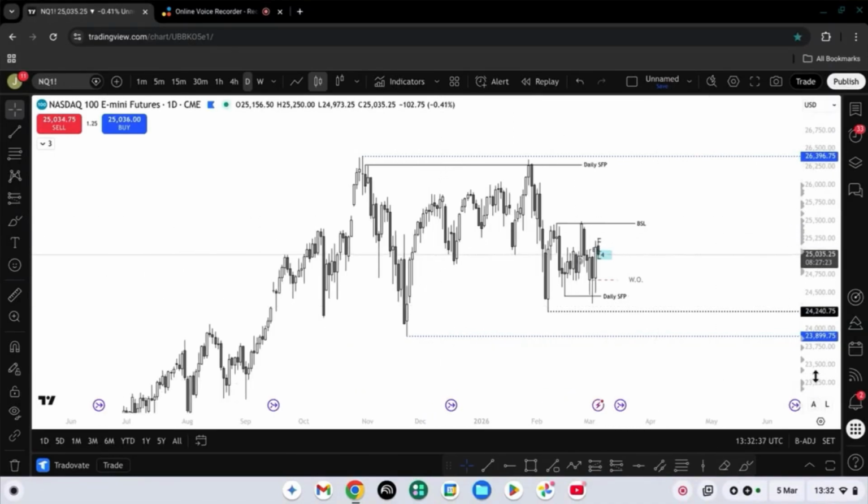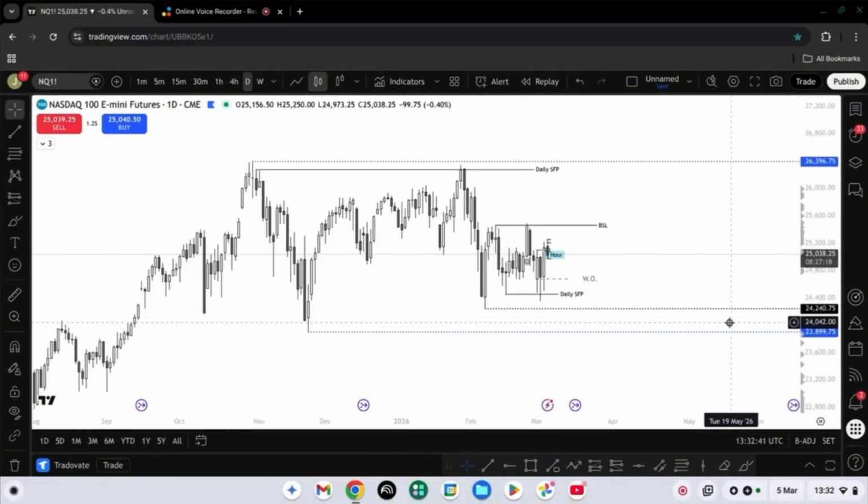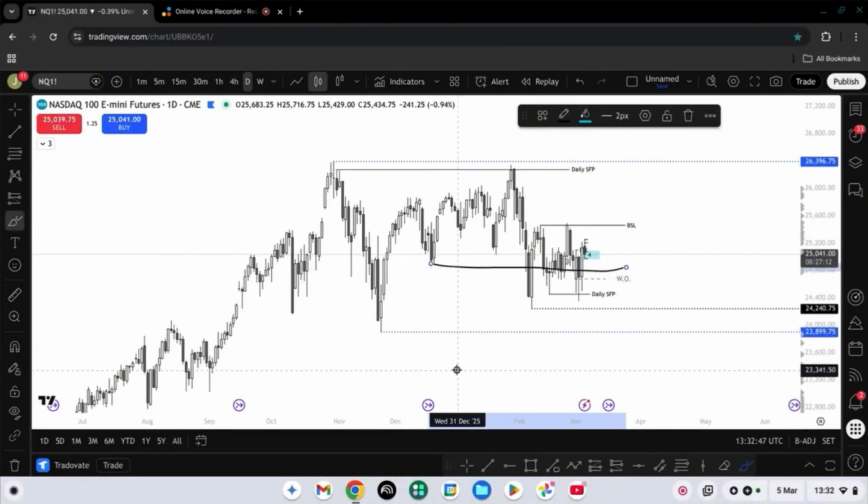So let's start as I normally do on the daily time frame and get the understanding of the high time frame picture. So what have we had? We had a breaker structure at that low. And then when you've had that breaker structure, what are you looking for? You're looking for liquidity or the bump in the road over here. A few days ago, we grabbed that and then started pushing lower.